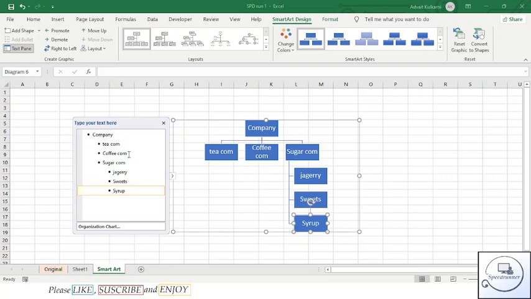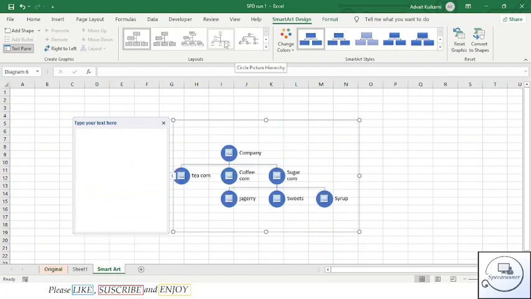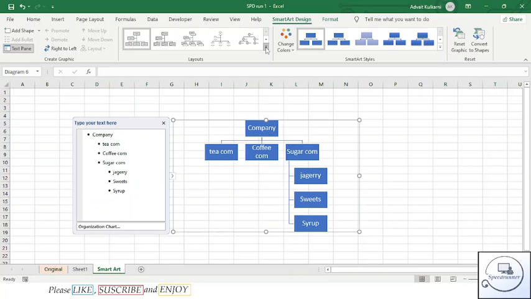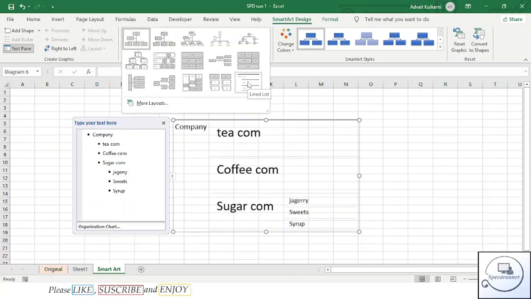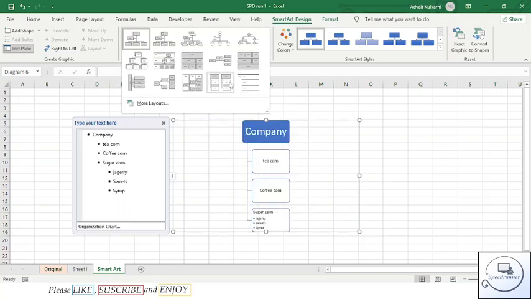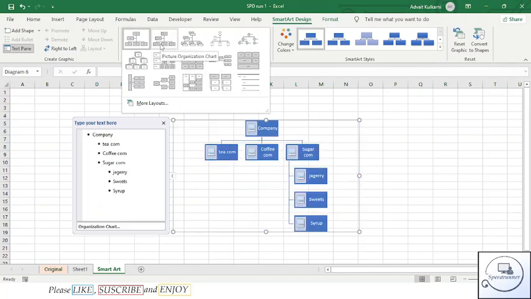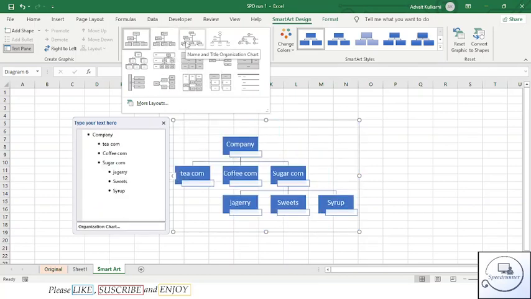This is how you form a chart in Excel. This is hierarchy. You can change the layout of the hierarchy through this process. For example, you can use the hierarchy like this, in this manner, or in any other slides you prefer.